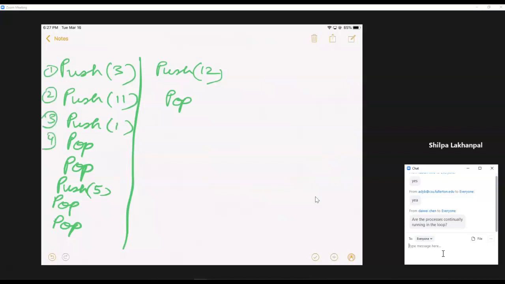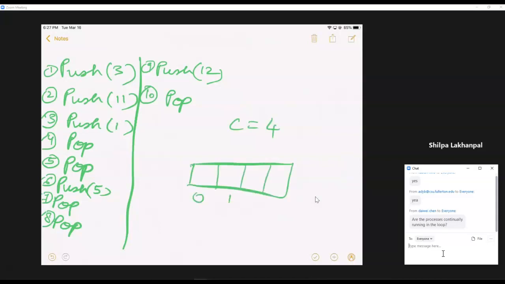Okay, so what is the result? Then can you try to work on this and see what you get. The capacity is given to be 4. And this is the front and this is the rear to begin with.